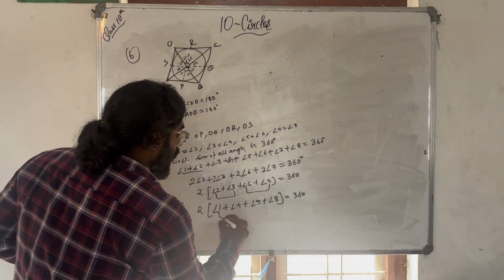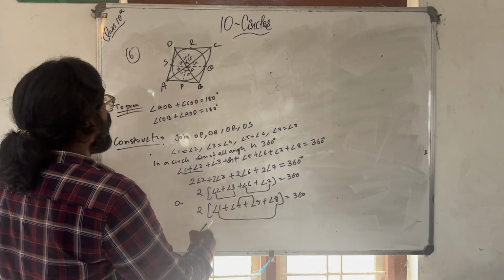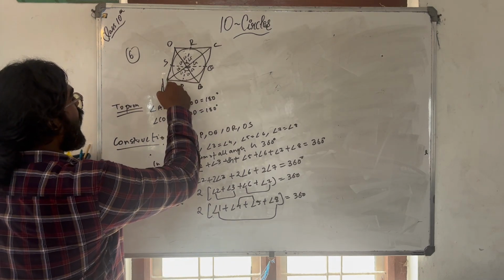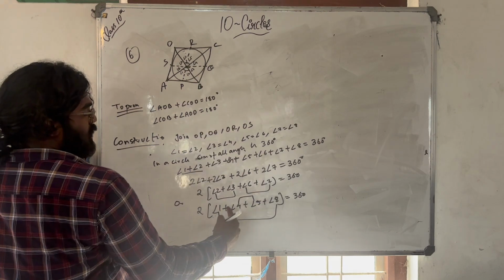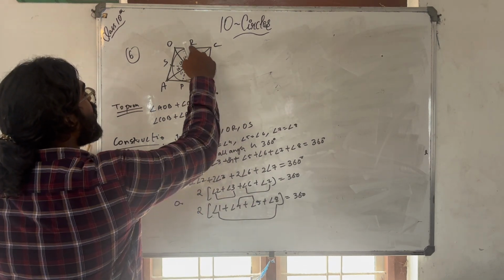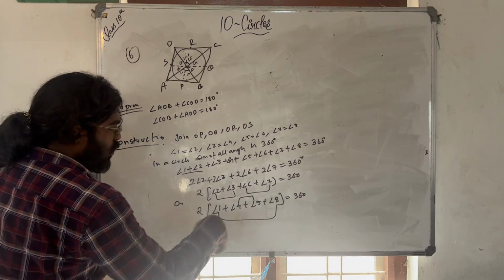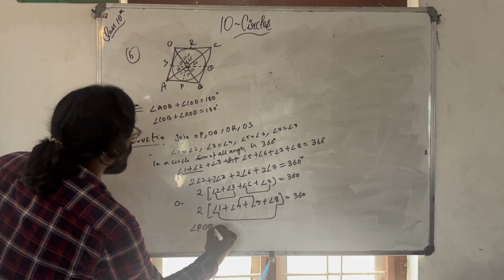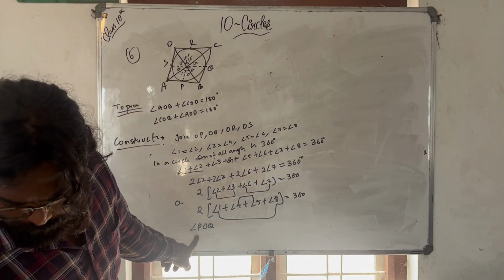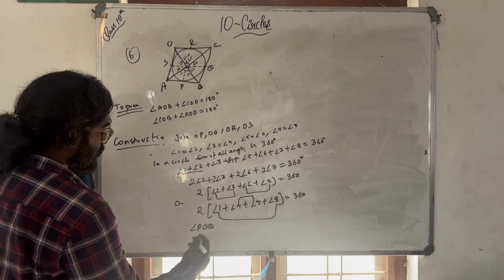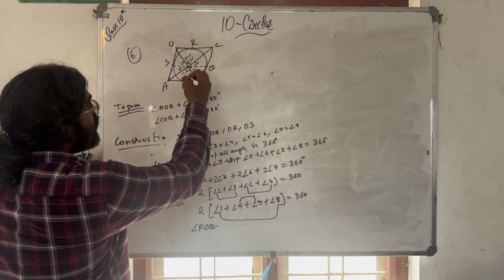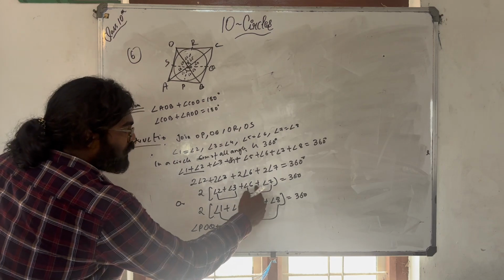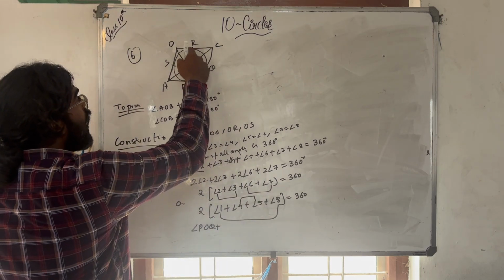So first I'll club 1 and 8 and 4 and 5, because 1 and 8 gives me this angle, and 4 and 5 gives me this angle. So I can simply take the 2 to that side. So 2 plus 3 gives me POQ, right? POQ I will get. So 2 and 3 gives you POQ, plus 2 divided by 360, and 6 and 7 gives you ROS